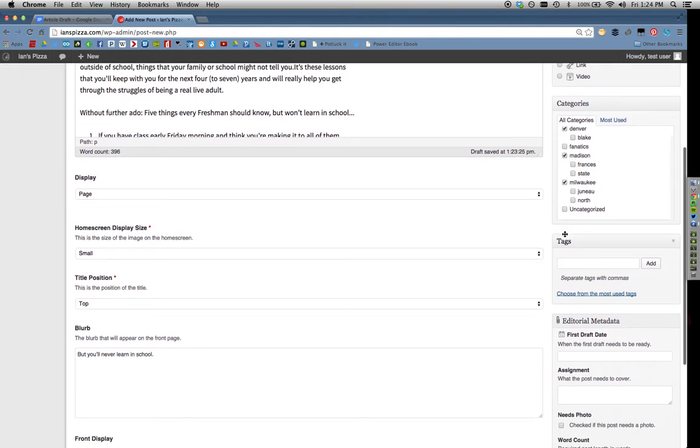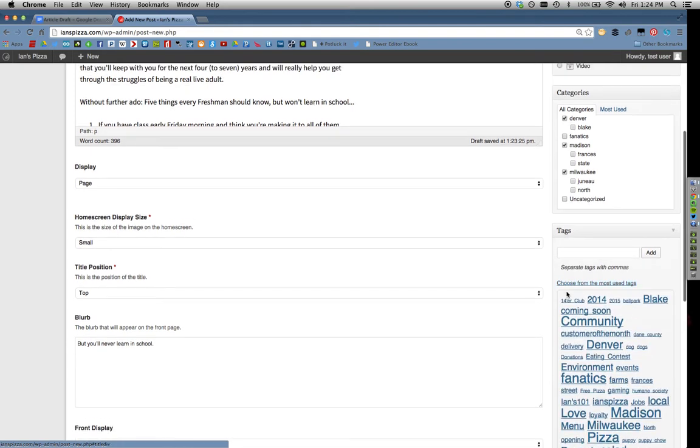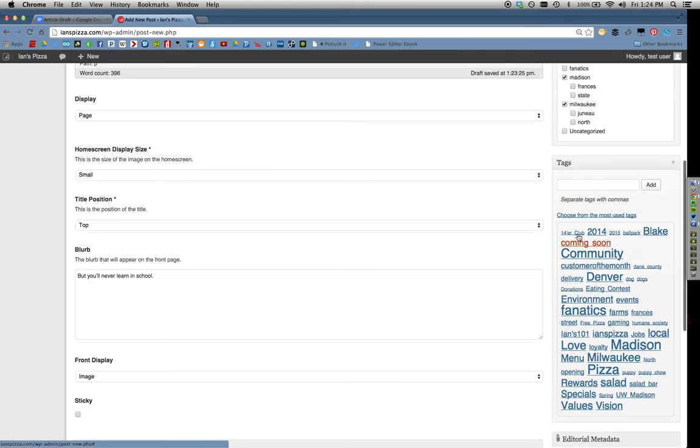Continuing to scroll down, we're going to add the tags to the post. This is something that we've been trying to lean towards: choosing from the most used tags and not trying to add a bunch of random tags to every post. The more posts we have under each tag, the more successful the post will be. So since this article is dealing with education and our customers, we're going to do fanatics